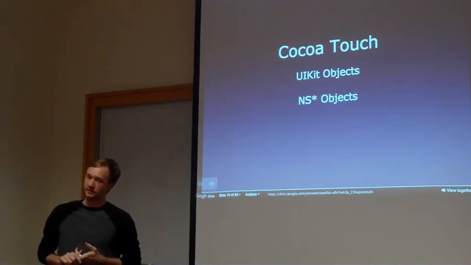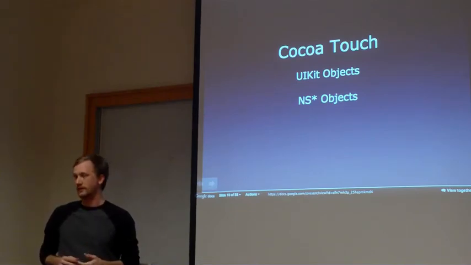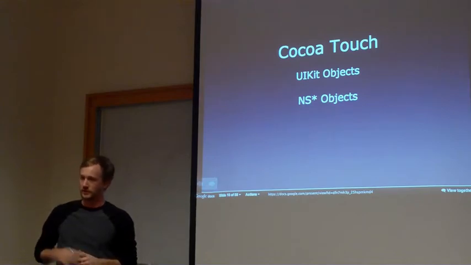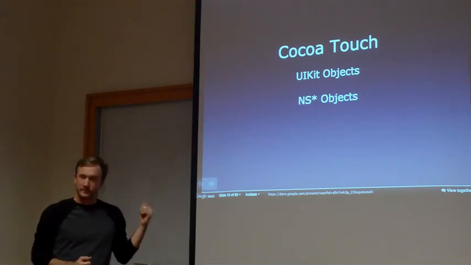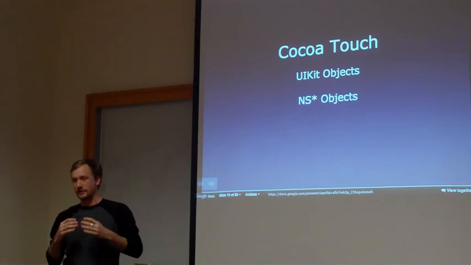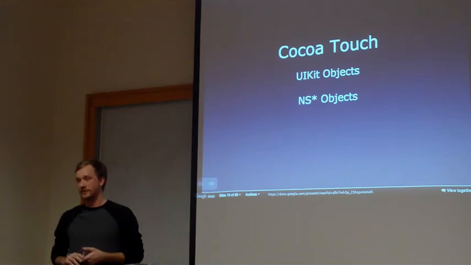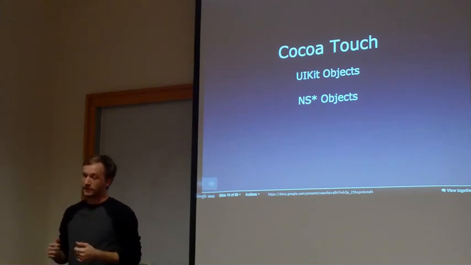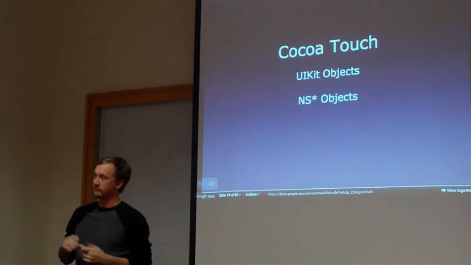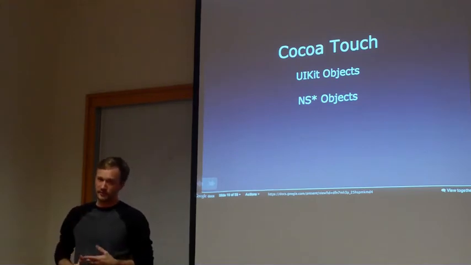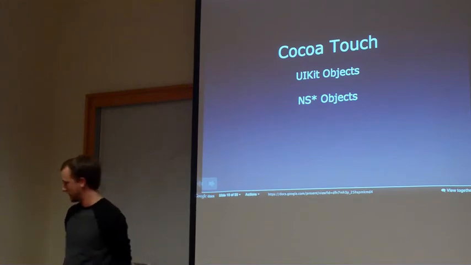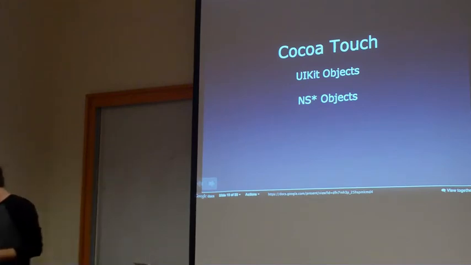Arrays, if you're used to PHP or Java, appending an array is not incredibly difficult. You just have an array and you're tossing more stuff onto the stack. With Objective-C, if you are declaring an array, that's your array. It's there, it's stuck in memory, it's not changing. If you want that to change, you have to allocate more memory for it. So then you have what's called an NS mutable array. And all the different data types, if they're supposed to be changing at all, they're mutable. NS mutable string, NS mutable dictionary, huge list of mutable stuff. But if you want to change something, the word that you want to look for is mutable, always mutable.